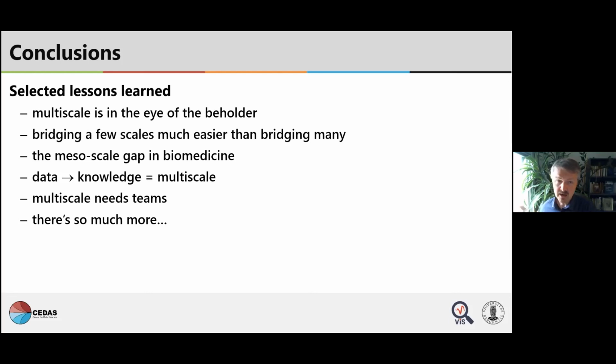You can find techniques, I don't know, the Silverman rule for kernel density estimation, for example, that suggest the one and only right scale for your problem. But I think it really depends a lot on the task that you're trying to solve. Another lesson learned is that